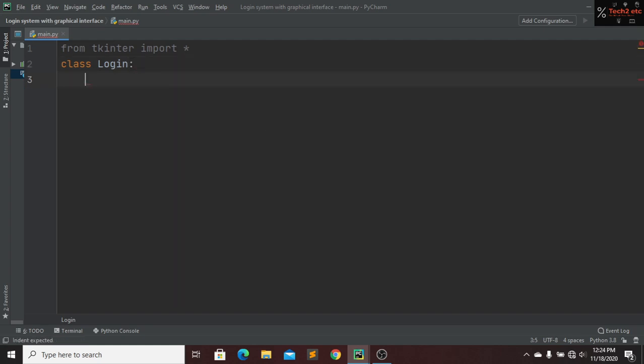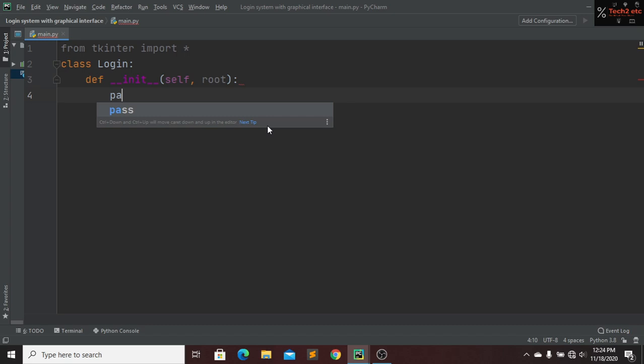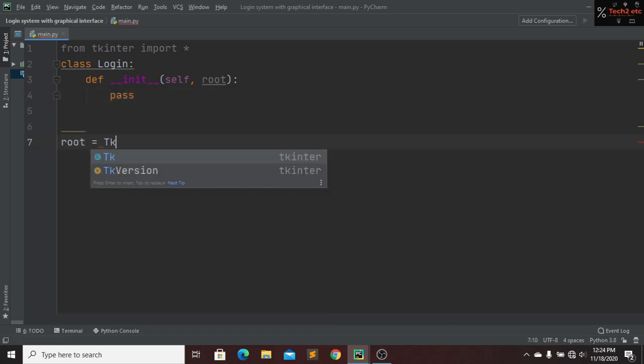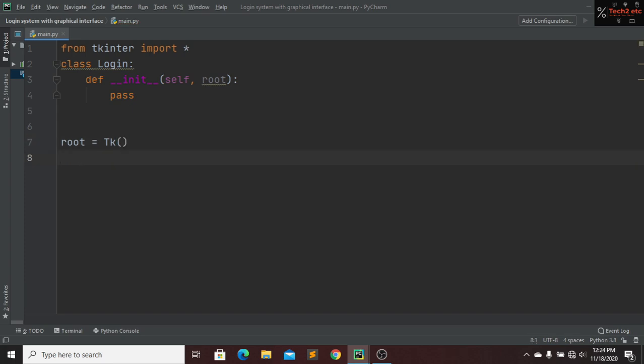That's it. And now here we have to define a constructor. So that's why __init__, self, and here it will be root also. That's it. And for now I will give this pass. So our root will be Tk. That's it. And our object will be our class name, and this will be inside our root. That's it. And root.mainloop, it will be inside our mainloop. That's it. Now if we run our program,